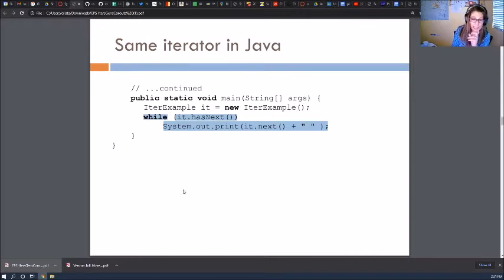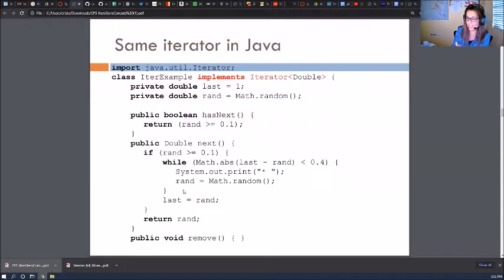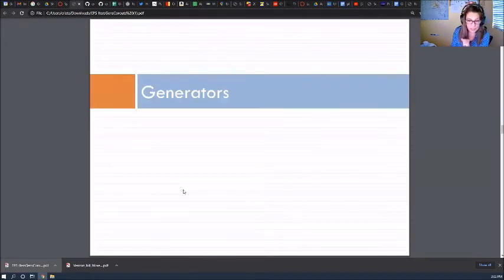But let's go to the next level, because iterators, as you can see, are nice conceptually, but they add a lot of verbosity, and there's this API that you kind of have to know about. Another way of doing this in Python and certain other languages is with generators.